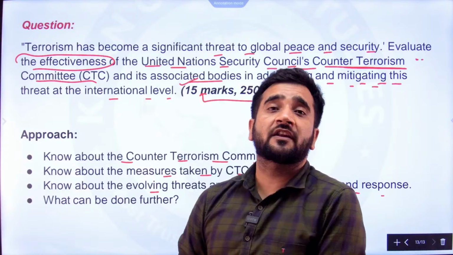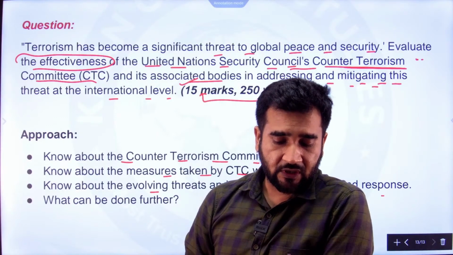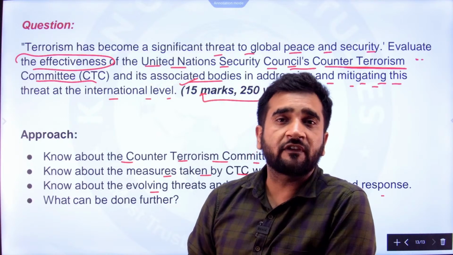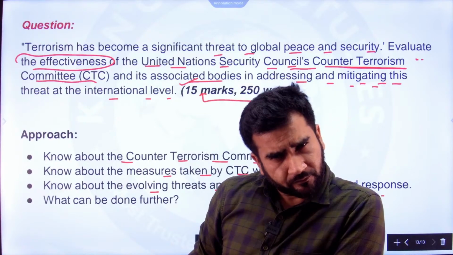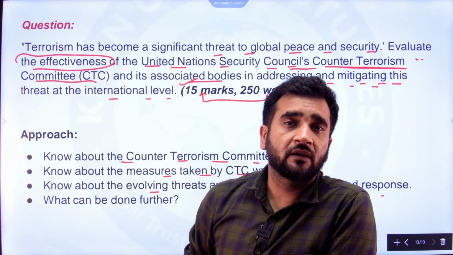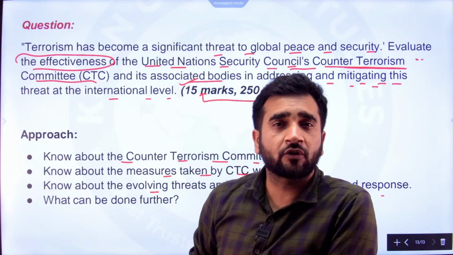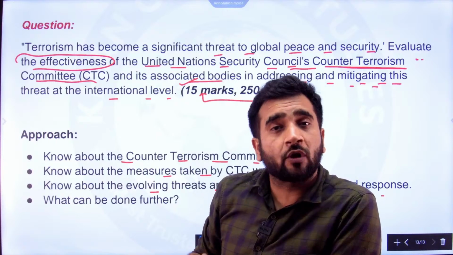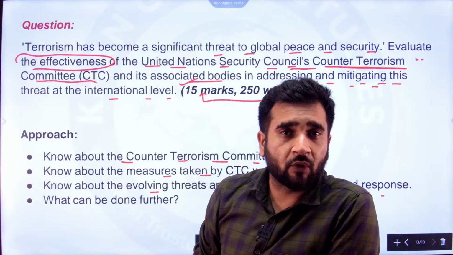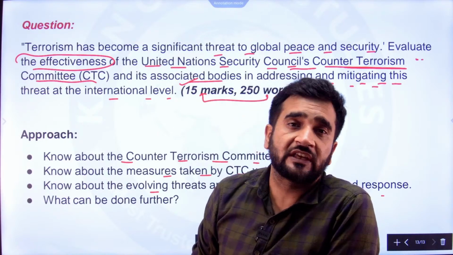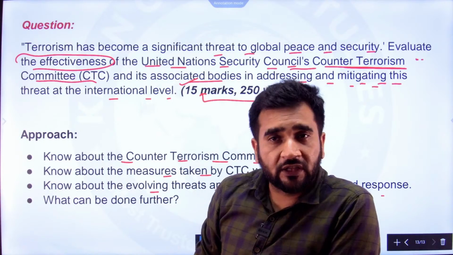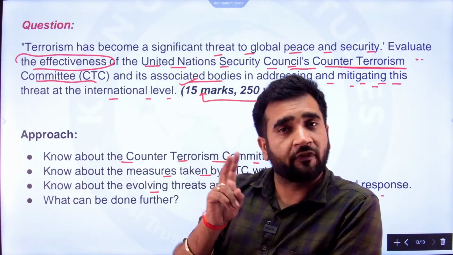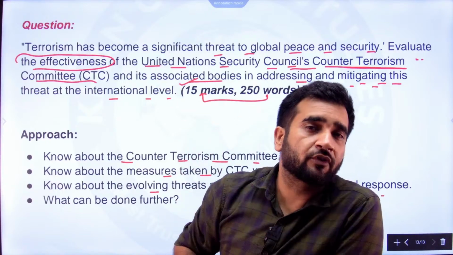What are the evolving threats in terrorism? For example, terrorist organizations are using cryptocurrencies nowadays, which is a new threat. Or terrorist organizations are forming collaborations with organized criminal groups, which is a new threat. Terrorist organizations are using drones, which is a new threat, drones for transporting arms and drugs from here to there. These kinds of evolving threats also need to be taken into account. Actually, in 2022 India was the chairperson of CTC and India hosted the CTC summit in India, and there these two evolving threats were discussed. Number one, use of cryptocurrencies by the terrorist organizations for fund transfers and doing transactions. Second was the use of drones by these terrorist organizations.